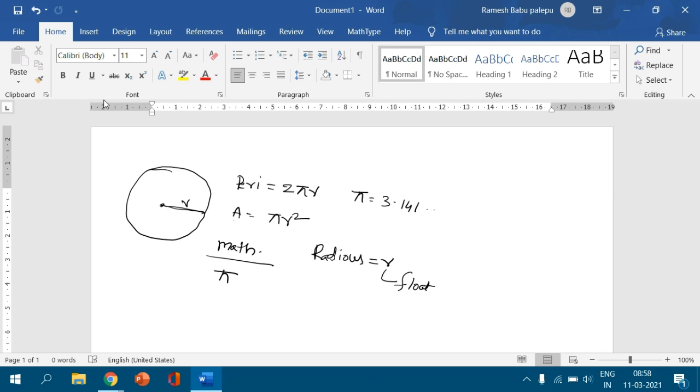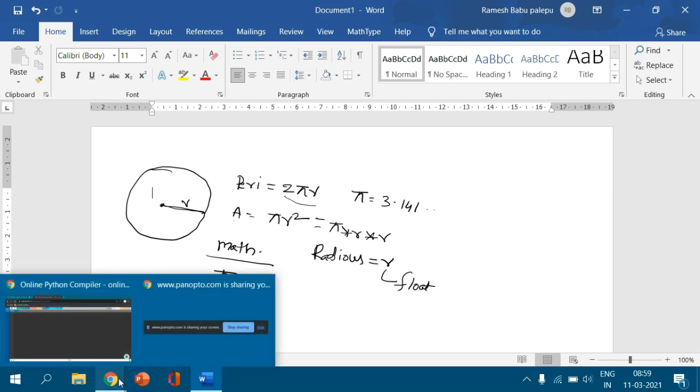Area, πr², I write as pi into r into r, and 2πr is simply 2 into pi into r. I will directly go to the Python online compiler and execute it to show you.